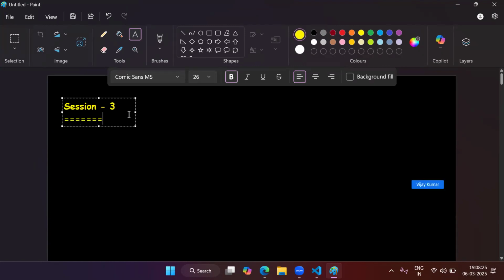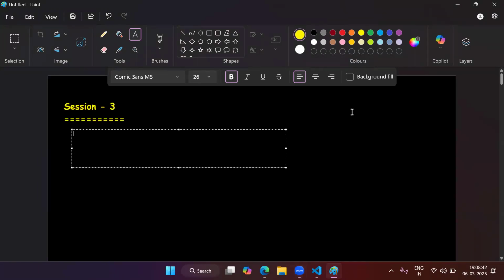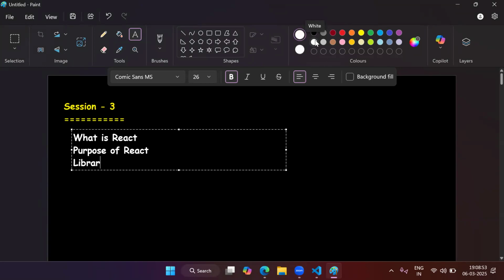So in the first two sessions, we have understood what is React, the purpose of React, and what is a library, and then we discussed the drawbacks of creating UI with HTML and JavaScript. So what are the things we have covered till now? Till now, we have understood what is React, the purpose of React. We have discussed what is a library, and then we discussed drawbacks of creating